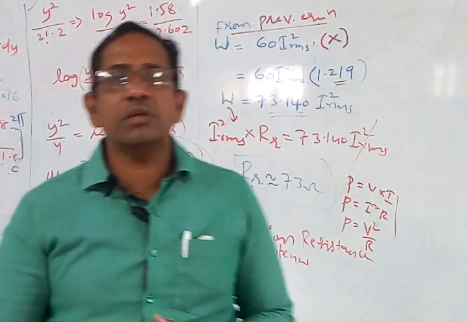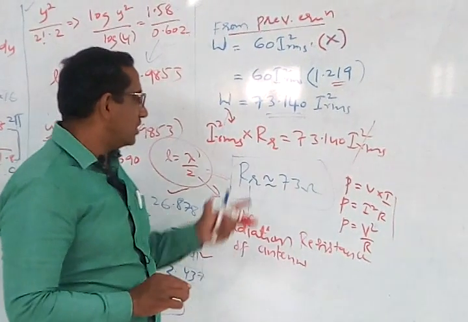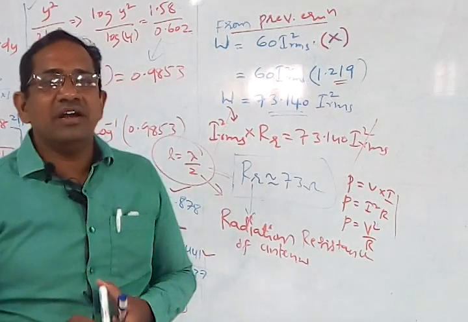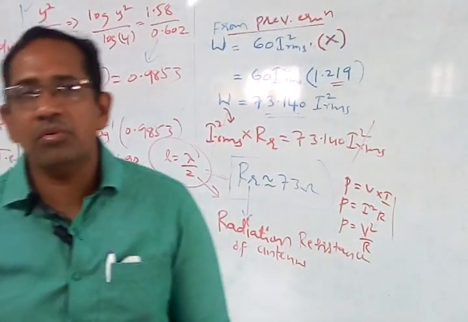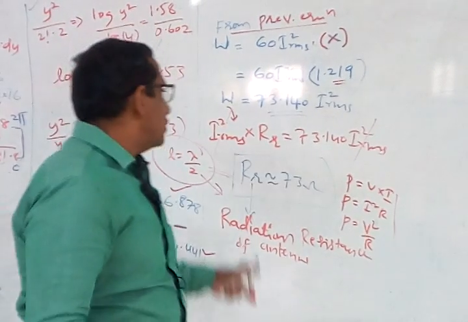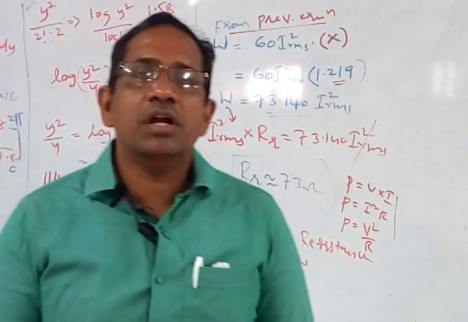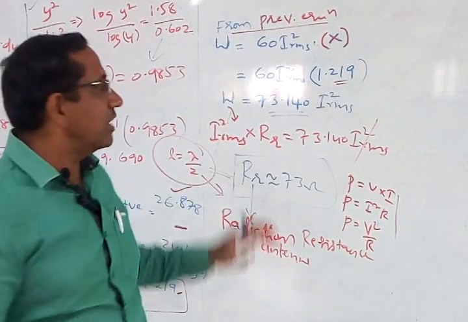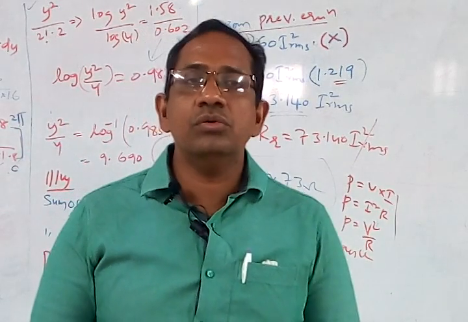So now that means in the problems given, sometimes the examiner doesn't give you the value of radiation resistance of a half wave dipole, but for solving the problem you are normally going to require the value of RR. So in that case you have to assume that RR is normally equal to 73 ohms for a half wave dipole antenna. This particular problem, in the previous class also I have explained about the problems.